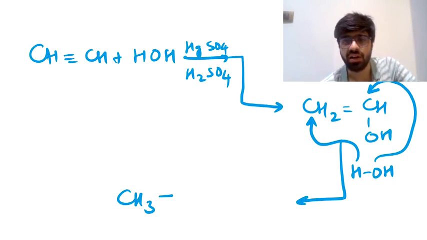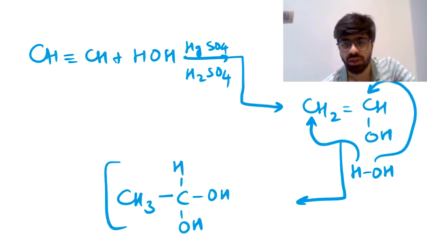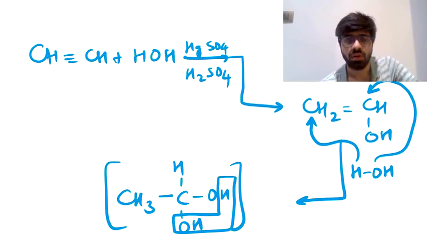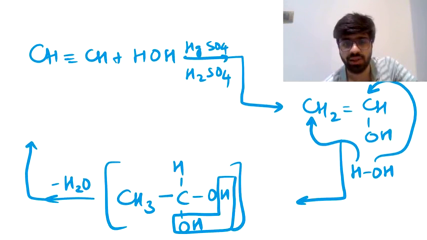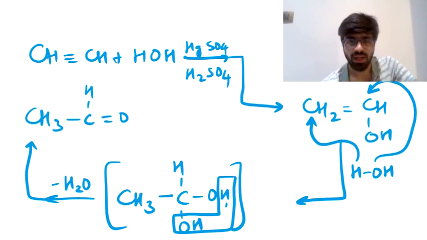OH attaches with the carbon atom here, so you get C, H, OH and OH. It is a very well known principle that two OH groups on the same carbon atom are going to make that compound unstable. So there's one H2O which is going to come out in this manner. So when you are removing H2O, the final compound that you are left with is going to look like this. There's a CH3 here, there's a carbon atom here, single bond H and a double bond O. Double bond O is with this oxygen. The leftover H2O was already taken out in the form of water. Okay, so that's the final compound you have, which is acetaldehyde.